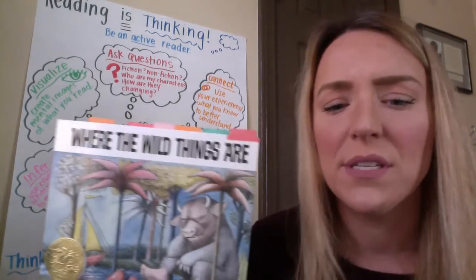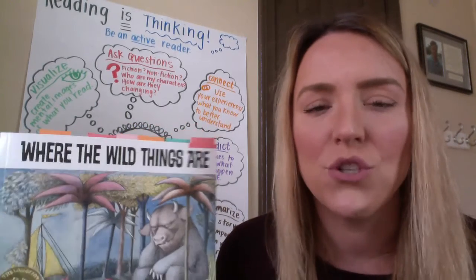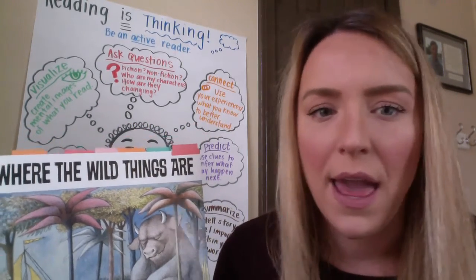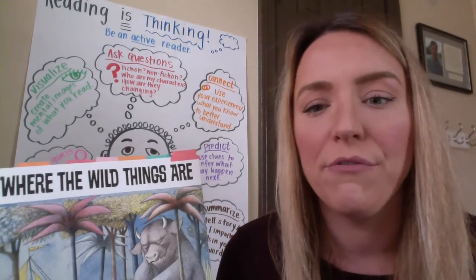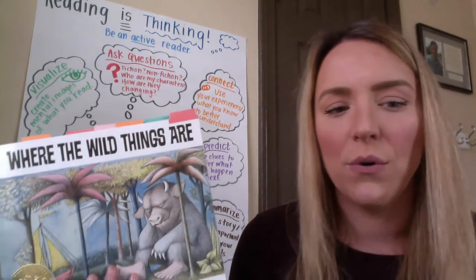So if I was to summarize Where the Wild Things Are, I wouldn't necessarily need to start with, well, it was a dark night and Max was wearing pajamas, and this is how his room looked. I don't need to go into that much detail, but I would give a few details that were important to the story, right? So you could maybe say